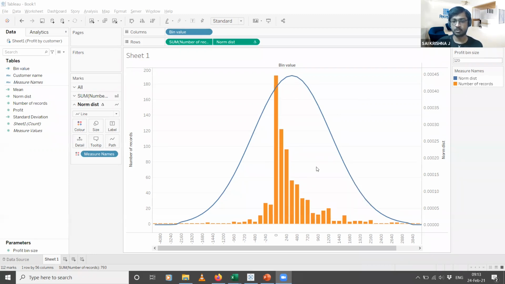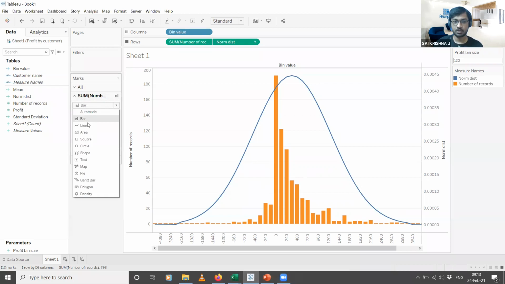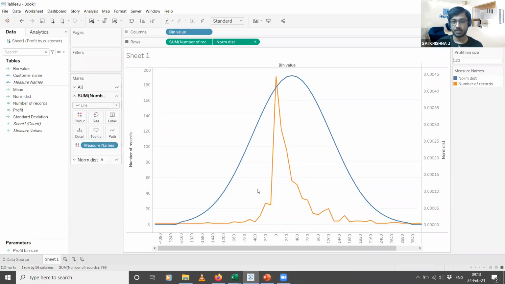This is what we actually have in the data. To make this clearer, you can just change this to a line, and then you can compare both. So the orange line is nothing but the actual distribution that we have in the data, and the blue line is how it would look if the data set followed a perfect normal distribution.